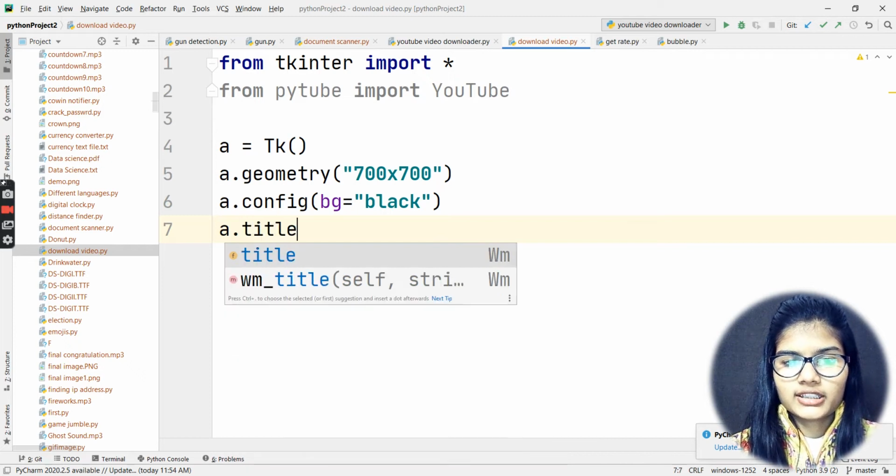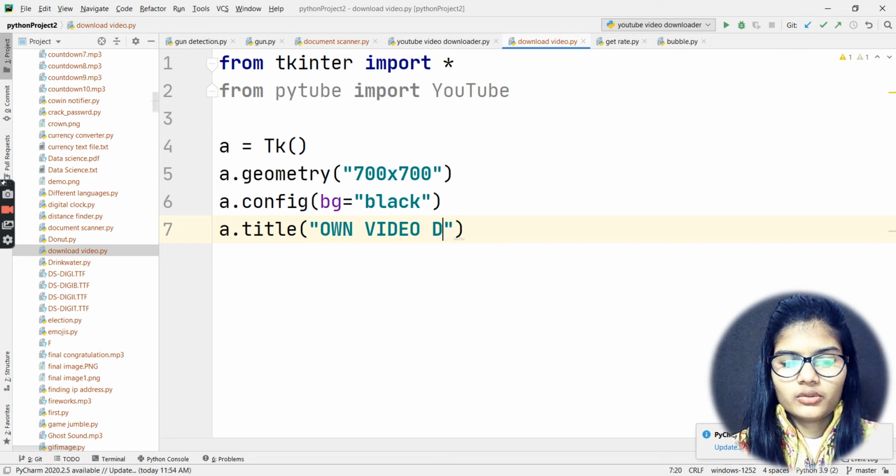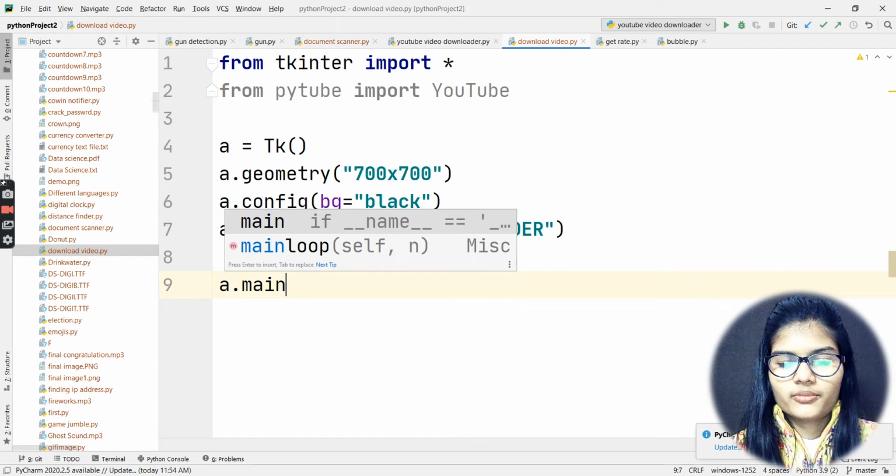Now if you just want to set up a window title as well, you could do something like "YouTube video download", a title like this you could keep. And at last, what you need to do is simply write a dot main